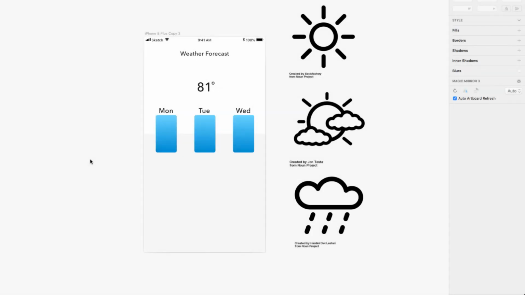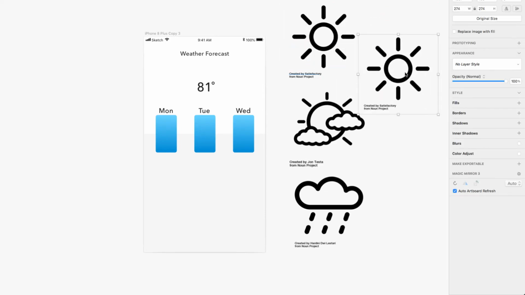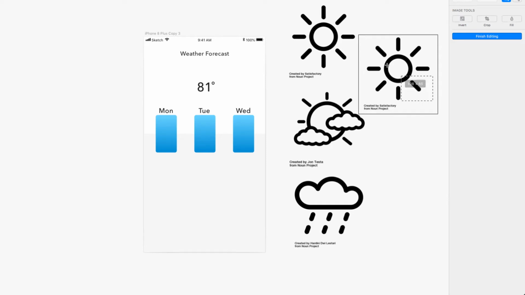Now my next example, I have kind of the same deal here. So I've got a few more icons, and this time I've got a weather forecast app, and I can give attribution to the people who created them here. Go ahead and read those out if you'd like. I'm going to drag out a copy of the sun here, and this time same thing. First let's go ahead and select, let's crop,